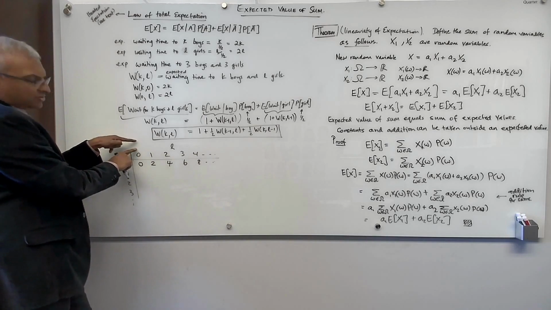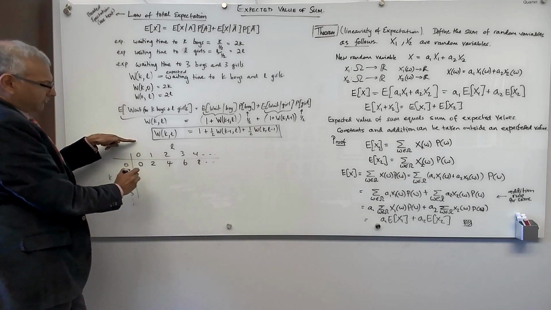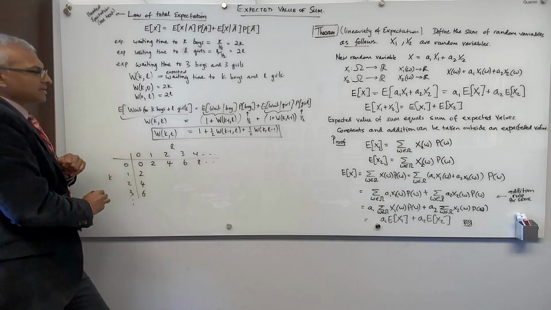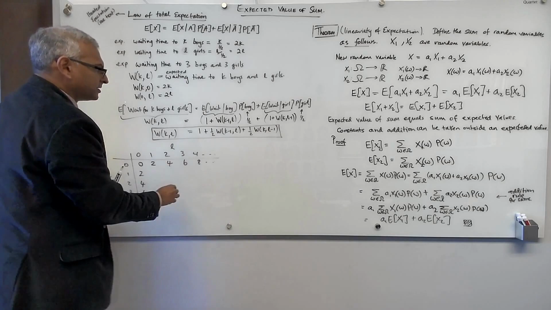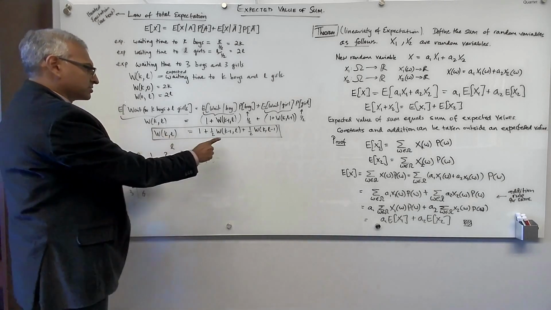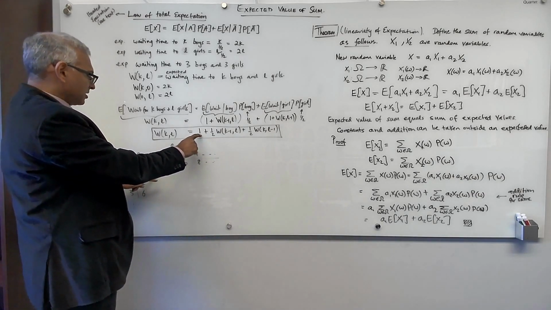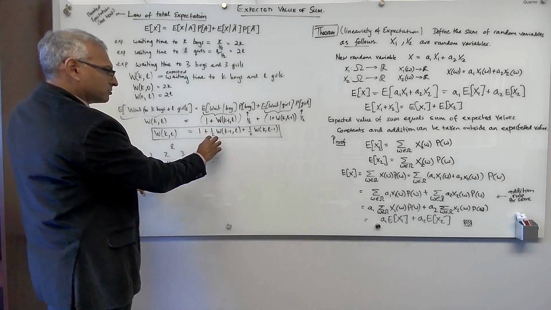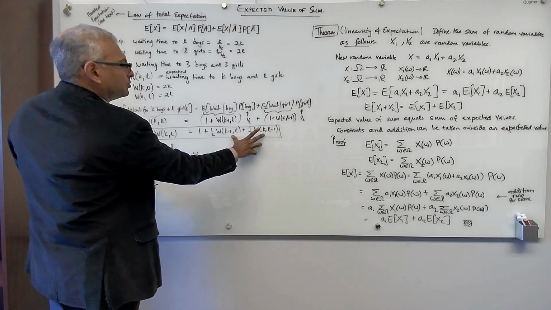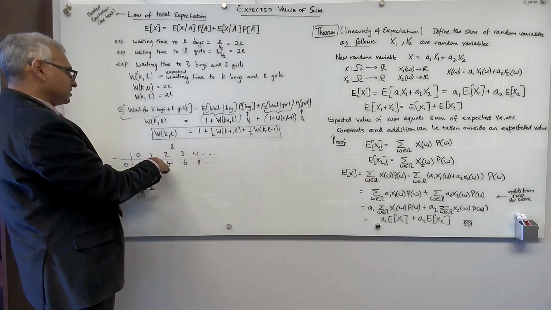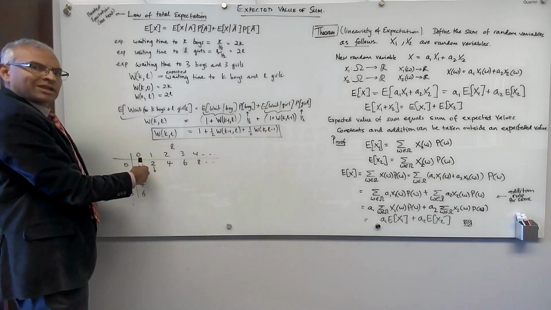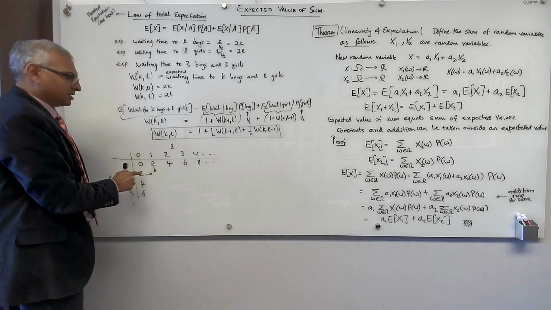On the other hand, if it's 0 girls and you're waiting for K boys, on average, if it's 1 boy, 2 kids. 2 boys, 4 kids. 3 boys, 6 kids. Now, let's see what this is saying. What this recursion says is, let's say we're interested in 2 boys and 1 girl. You take 1, and you take the average, so 1/2 of this sum. It's the average of these 2. This is K minus 1, so you go up in K, and you go L minus 1, so you go left in L. You take the average and add 1.